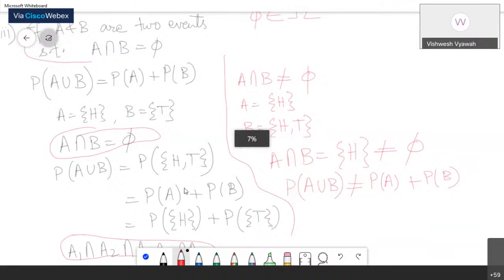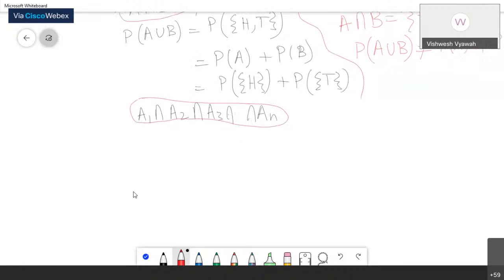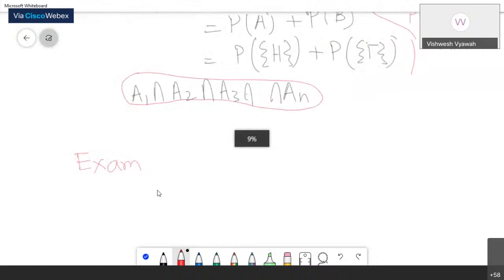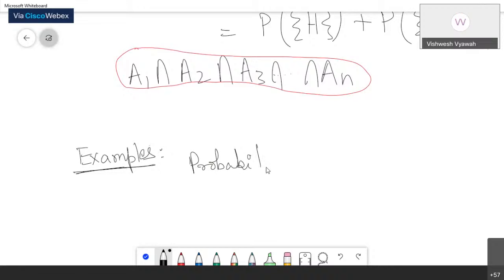Okay, now let's go ahead. Let's try to understand something. Now let's solve some examples. Let's try to solve some examples. Now here, a very important thing: probability